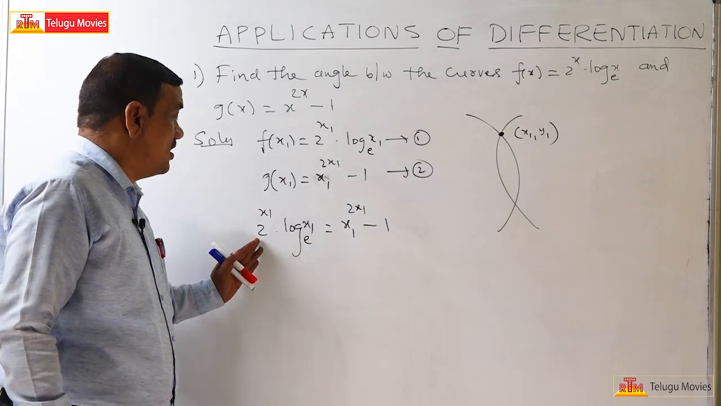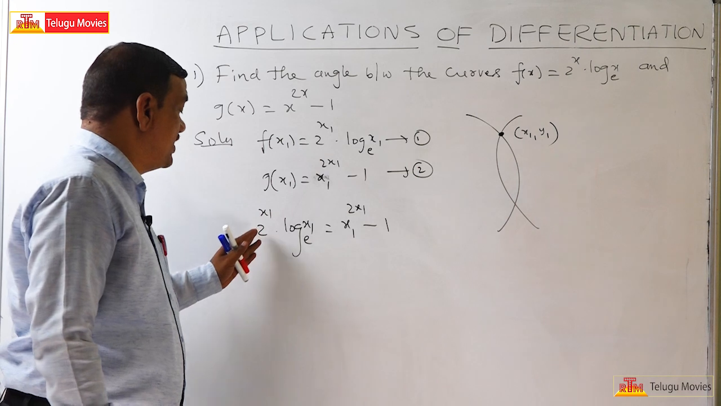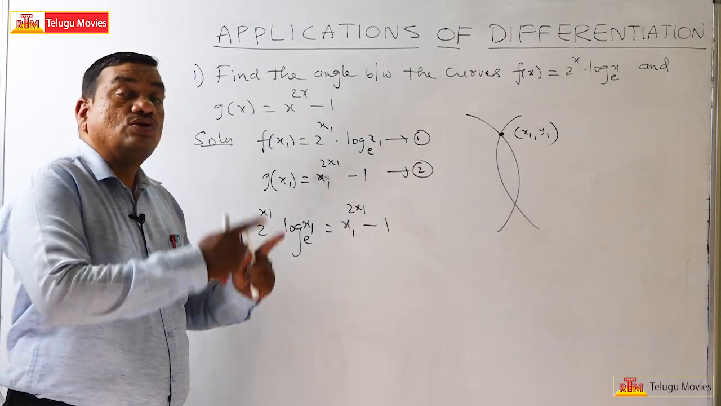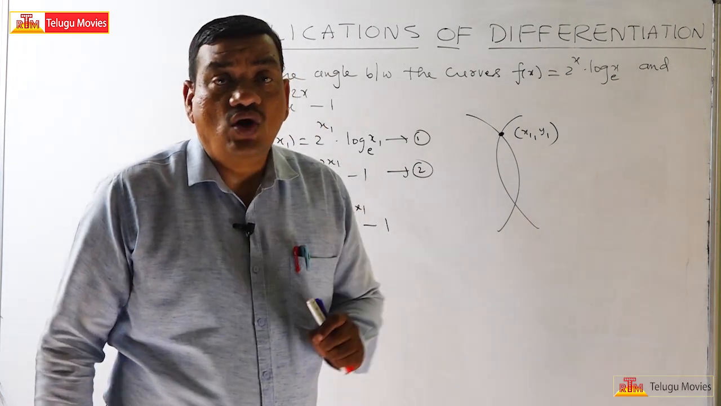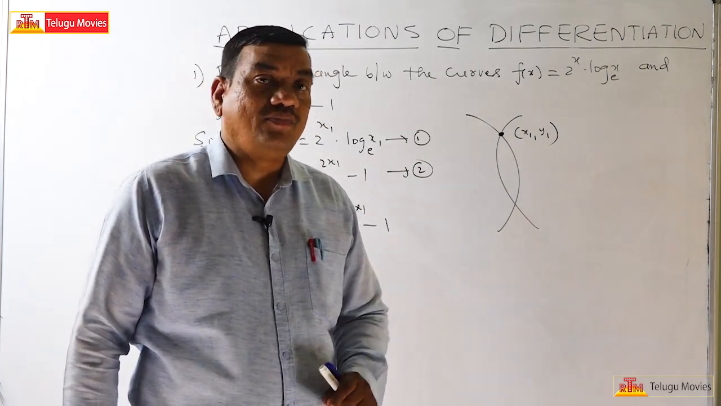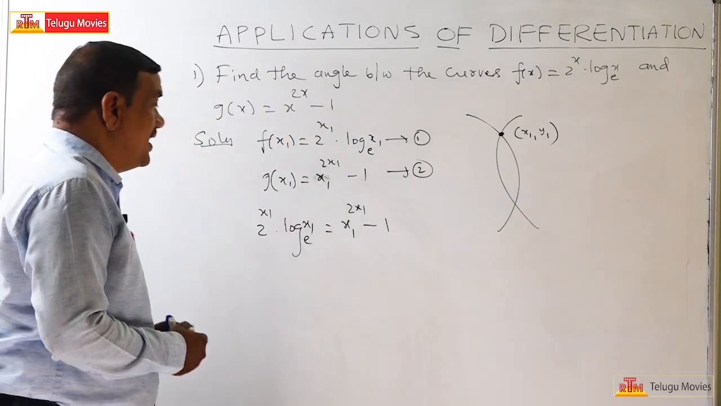This side is a logarithmic function, that is some exponential function. This also is one exponential function, 2 power x1. So, when this type of situation arises, the one and only option is the trial and error method. Trial and error method. Let us take